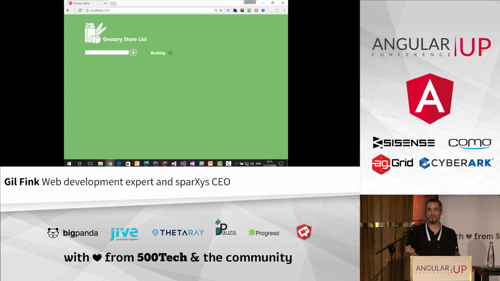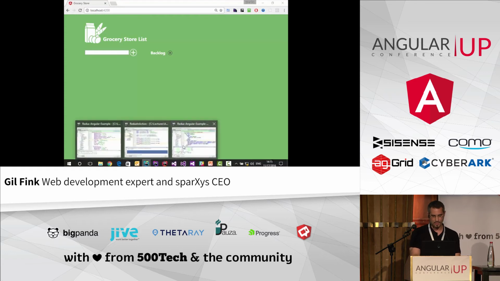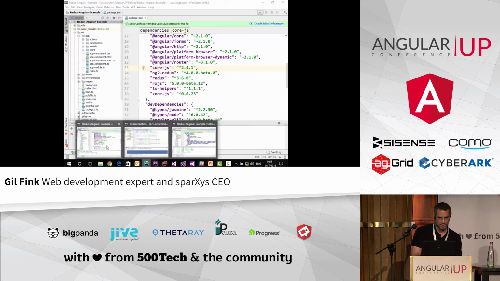My wife always sends me to the grocery store to buy things, and I always forget some stuff. So I created a small application that enables me to add something to my list. Let's create these items, and you can see here a log that prints out what I'm doing. I can change the state of the grocery items, I can remove items from the list, and I can even change the backlog in order to erase some stuff. This is a really simple create, update, delete application, and it was created with Angular 2